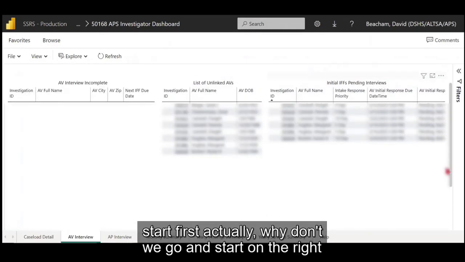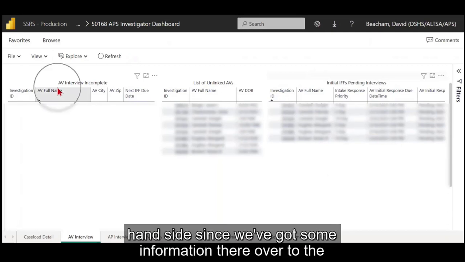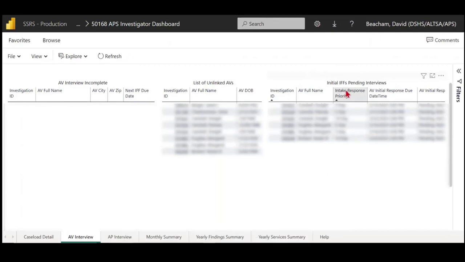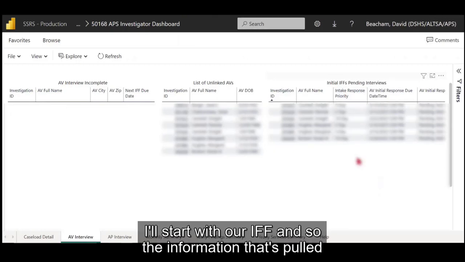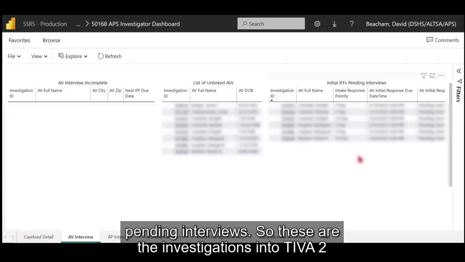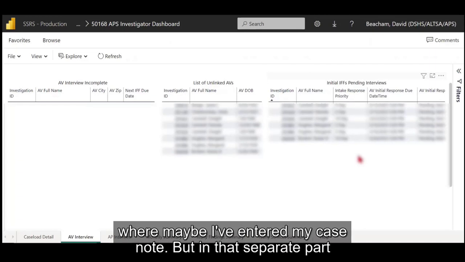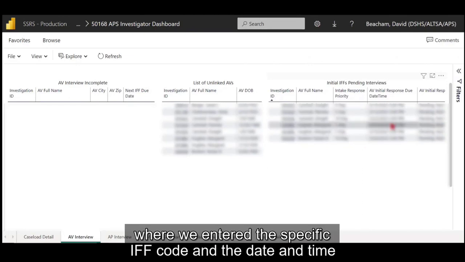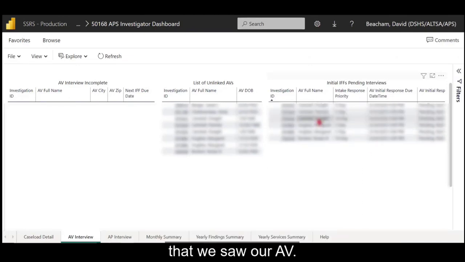And so I'll start first. Actually, why don't we go ahead and start on the right-hand side since we've got some information there. Oh, over to the right. I'll start with our IFFs. The information that's pulled forward onto this part of the dashboard is the pending interviews. So these are the investigations in TIVA 2 where maybe I've entered my case note, but in that separate part where we enter the specific IFF code and the date and time that we saw our AV,